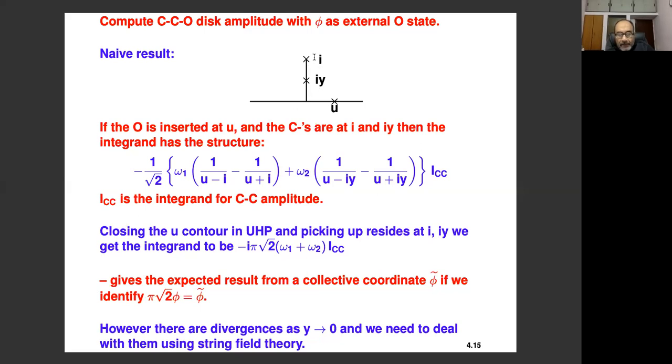However, now you should remember that in this diagram, you are supposed to integrate over u as well as over y. And as we integrate over y, this diagram actually is divergent. We had seen in the evaluation of the 2-point function on the disk that there's a divergence as y goes to 0. And so you have to be careful in doing these integrals, because there's a divergence as y goes to 0, and so that will collide with u. You have to make sure that you treat the divergences appropriately. And the idea is that once you have committed to string field theory, you have to keep using string field theory. So you have to regulate, you have to make sense of all these divergences using string field theory. And that's what we will describe next.